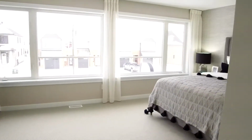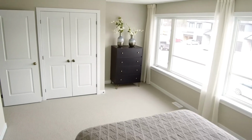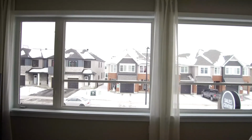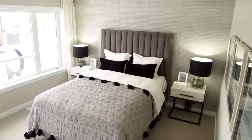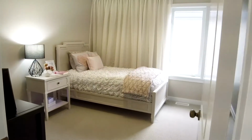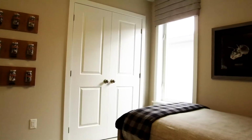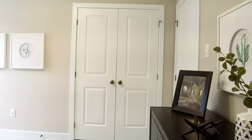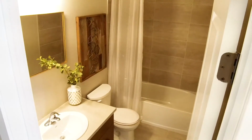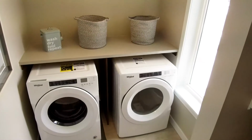In this model home, the large second-floor bonus room has been converted into a fourth bedroom, with wall-to-wall windows that maximize natural light and give the room the feel of a master suite. 2 additional bedrooms are located in the middle of the second floor and feature easy-access swing doors on both closets, a standard Cardel feature. Directly across from the bedrooms are a full bathroom and sun-filled laundry room overlooking the front